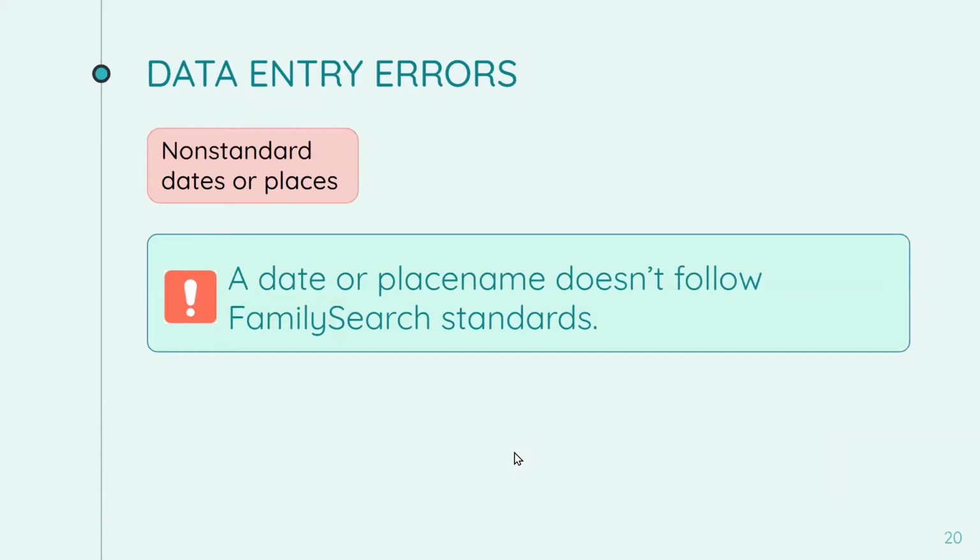Okay, let's go on to non-standard dates and places. A non-standard date or place is a date or a place name that doesn't follow FamilySearch standards. And you might be wondering, well, what are FamilySearch standards? Let me give you an example. Suppose that I wrote down a date which was